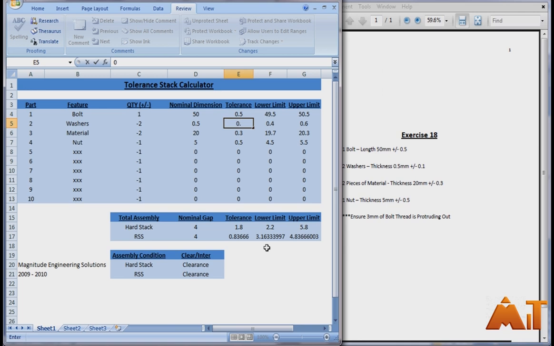Now what this does though is, like I said, you're able to source parts out differently. To begin with, I had a washer at 0.1 tolerance and a nut at 0.5. Now I'm able to increase that tolerance to 0.2 and 0.7. By increasing that tolerance, we're reducing the cost of our parts. So this is just a way that if you have multiple suppliers that you're able to go from, if you have all their specs and their costs and everything, you're able to put everything together easily in this calculator just to make sure that you meet your design condition, and you're also able to optimize for the greatest